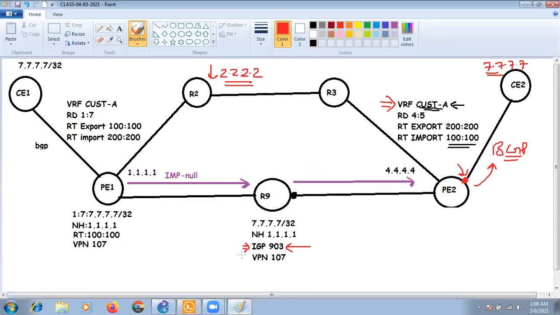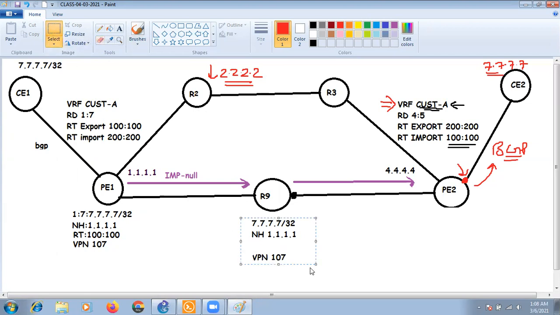It is not going to check the VPN label, because the VPN label will be inspected by the destination, PE1. So R9 is going to remove the IGP label, because for 903 it is having the label implicit null, and the behavior of implicit null is that it is going to remove that particular label, and it will send the information like this.